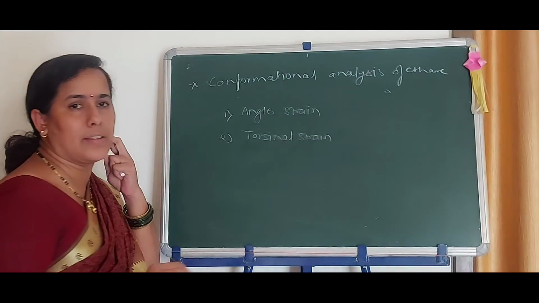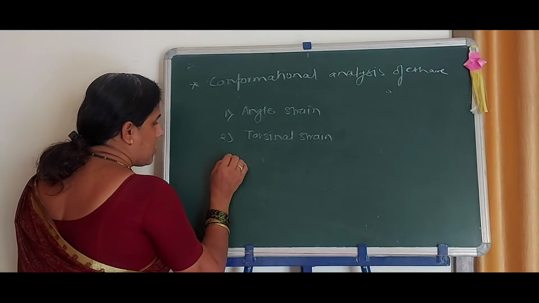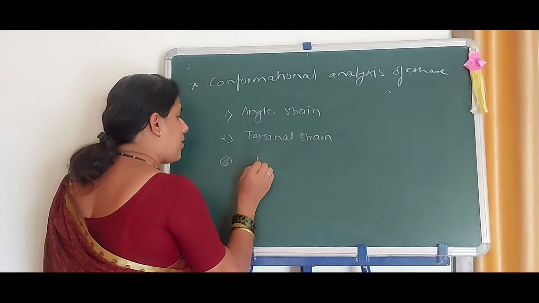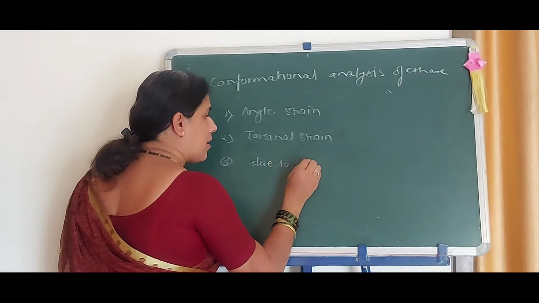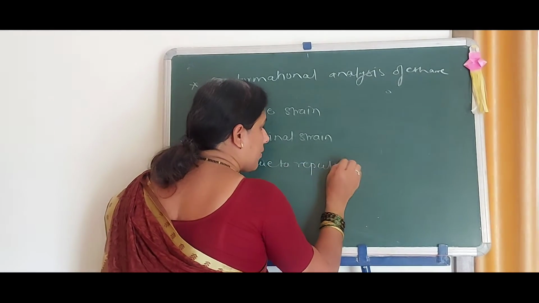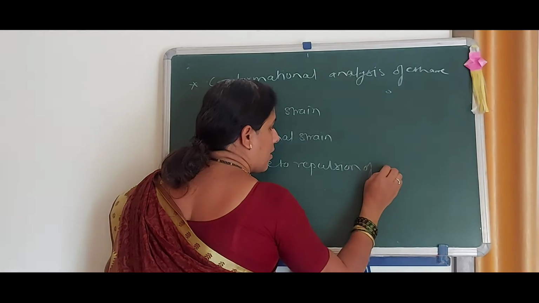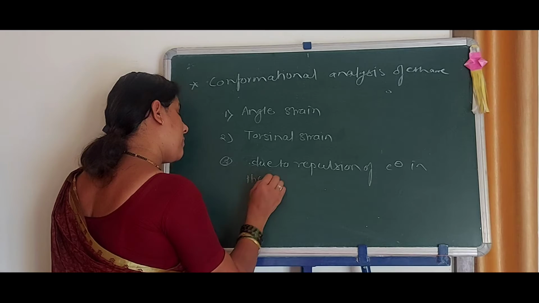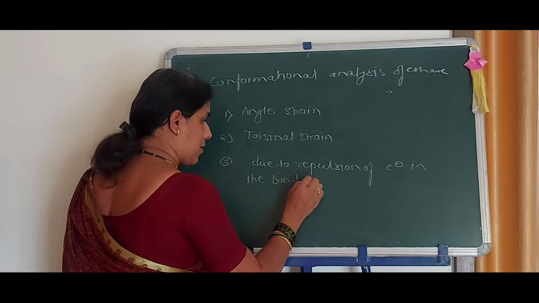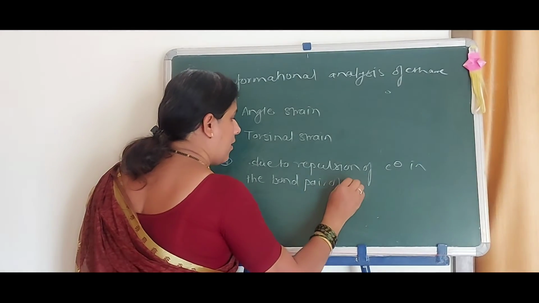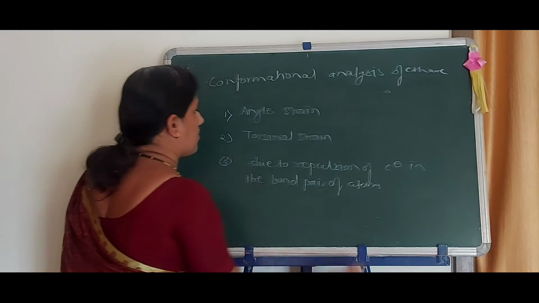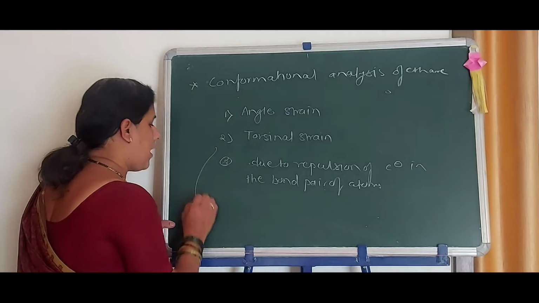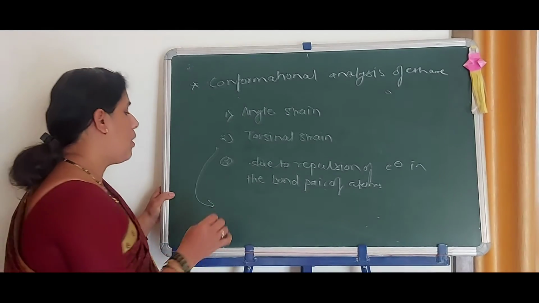And third one is due to the repulsion of electrons in the bonding pair of the atoms. Now, how does this type of strain occur, and the principle behind it is that